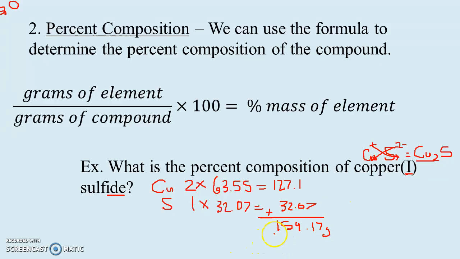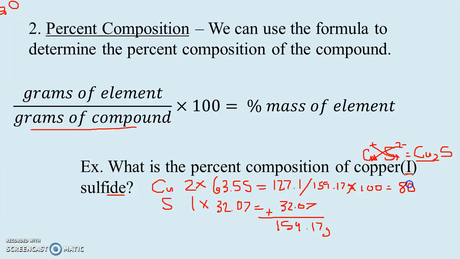Now we can take these numbers and use them to figure out what percent of this mass comes from copper and what percent comes from sulfur. So it's really simple. I'm going to start with copper. I'm going to take this 127.1, divide it by the grams of the compound. So that's my grams of my element. So I found out that the compound weighs 159.17. So we divide those two. Oh, sorry. We're going to divide them, and then we're going to times them by 100. So we turn it into a percent. So I take 127.1 divided by 159.17 times 100, and I get